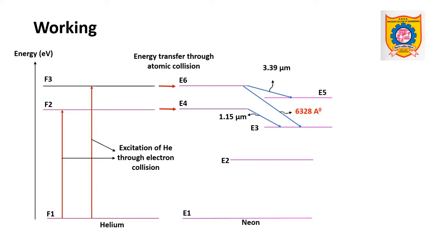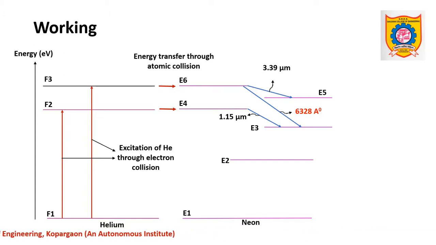When suitable population inversion is established between these two energy levels, a spontaneously emitted photon will cause number of stimulated emissions. And as discussed earlier, this number of photons get reflected to and fro between the pair of mirrors, and finally intense laser beam is emitted out of the mirror, which is partially reflecting.